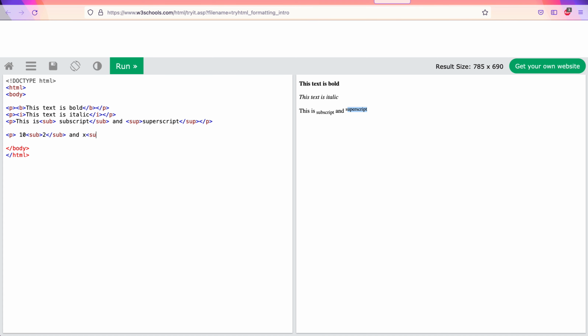So the square has to be in the superscript. We'll close the paragraph. Let's run. You can see the 2 is shown as a subscript, and then you can clearly see this is 10 base 2. Likewise, x square is properly displayed.